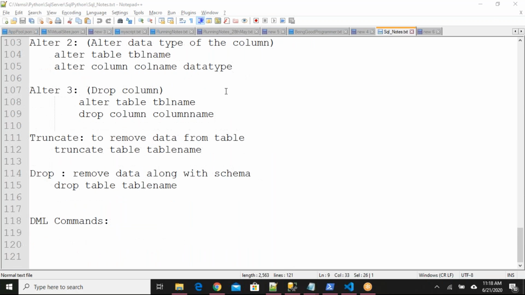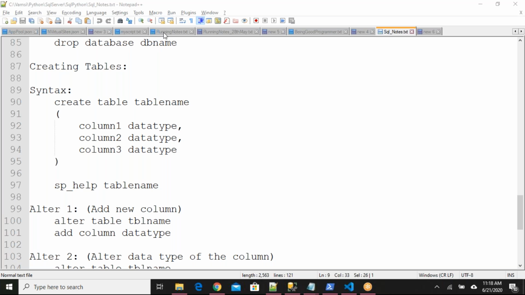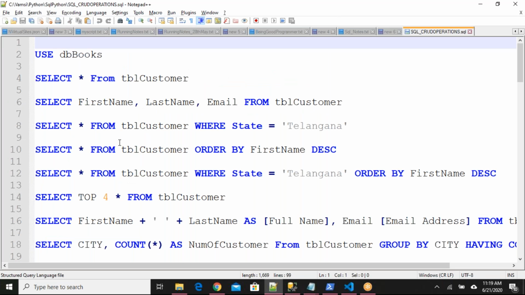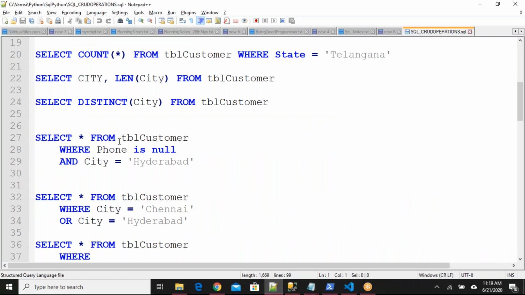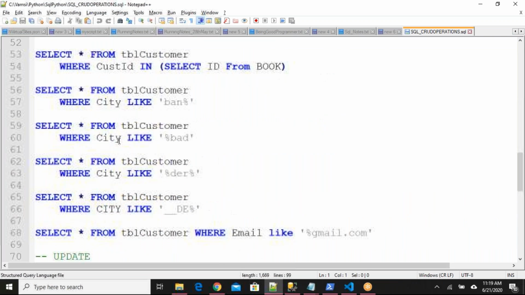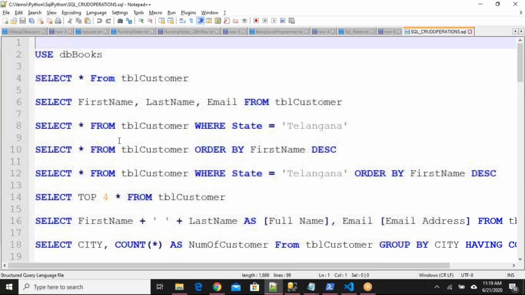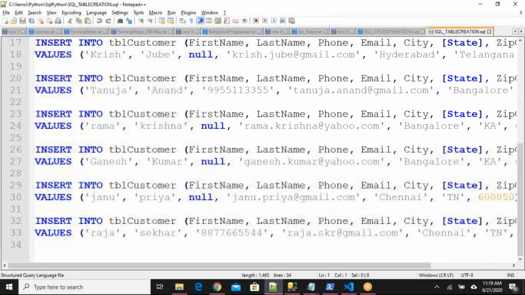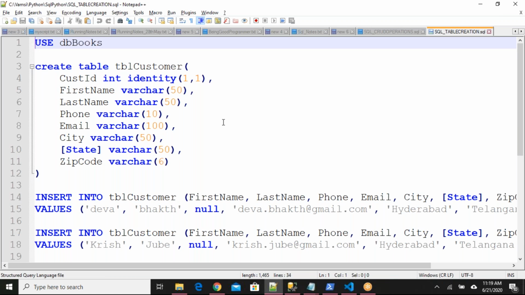I have more examples with the customer table.